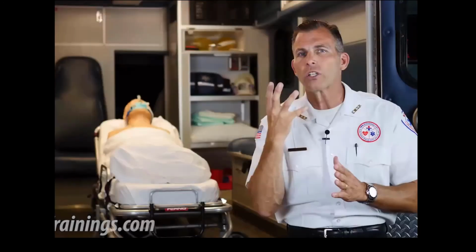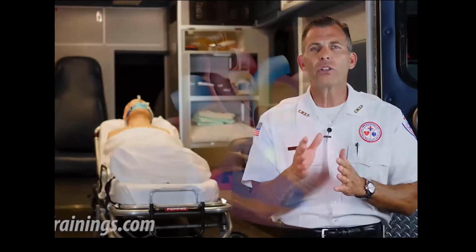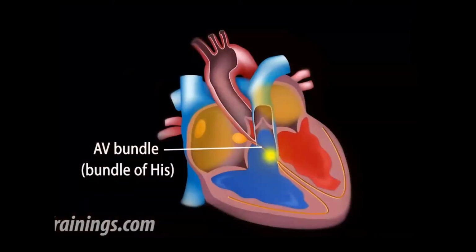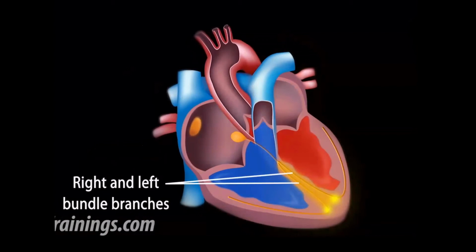This ventricle contraction then circulates the majority of the oxygenated blood throughout the body. The bundle of His is the route of electrical transmission which travels between the atria and the ventricles. Now, after the impulse reaches the bundle of His, it travels down the length of the interventricular septum and leads